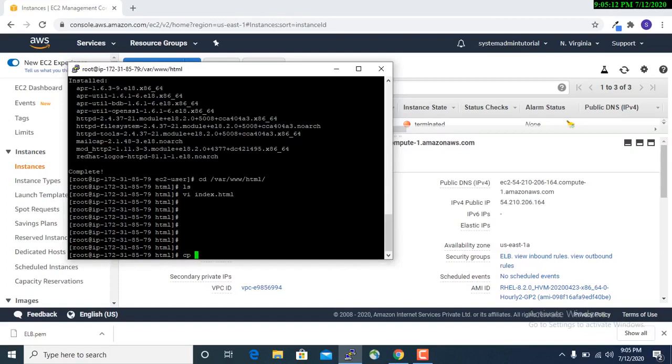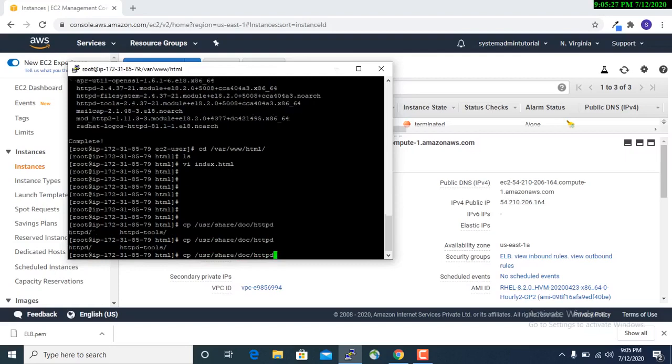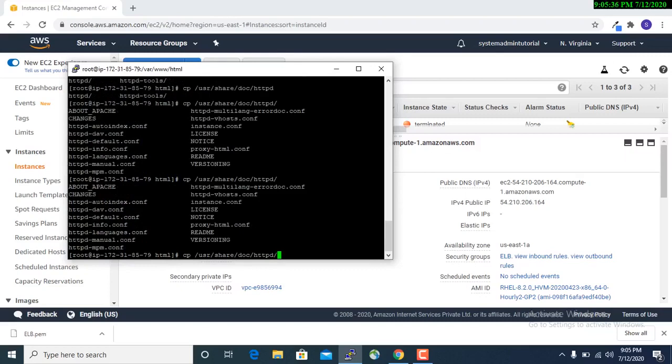See what the file is and how to configure it. This is the main file used while doing the Apache configuration. For a web page configuration, this is the main configuration file. So you have to follow all the steps whatever I am saying or demonstrating on the screen. Okay, you see, I have to copy the file. The directory is /usr/share/doc, then the httpd folder is there. Inside that one, the virtual host file is there. Then here you can see the httpd virtual host file.